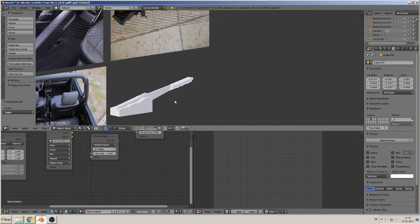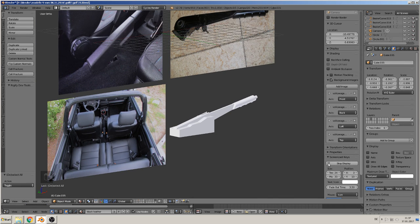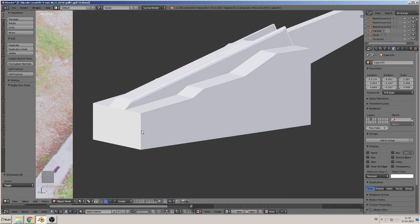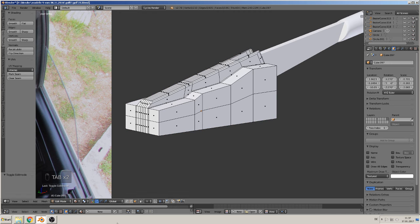We today make the handbrake here. We start. We see we have here straight lines and no roundness there. That makes it a little bit evil. So we go in there, mark that whole line here,